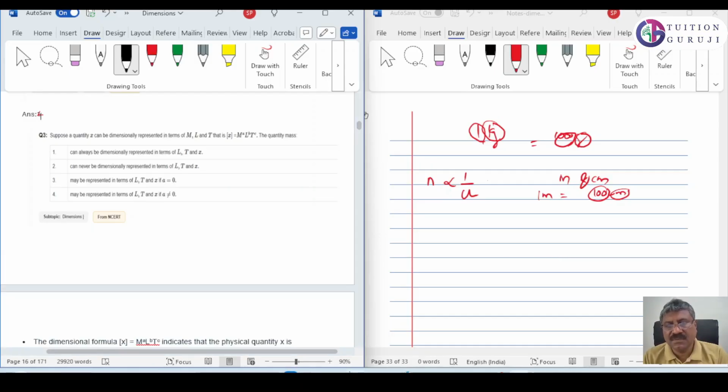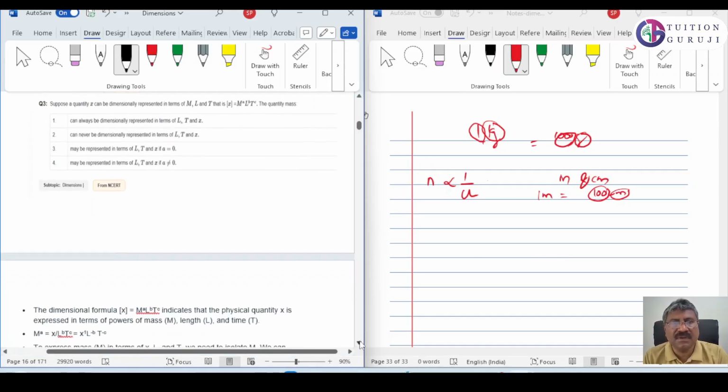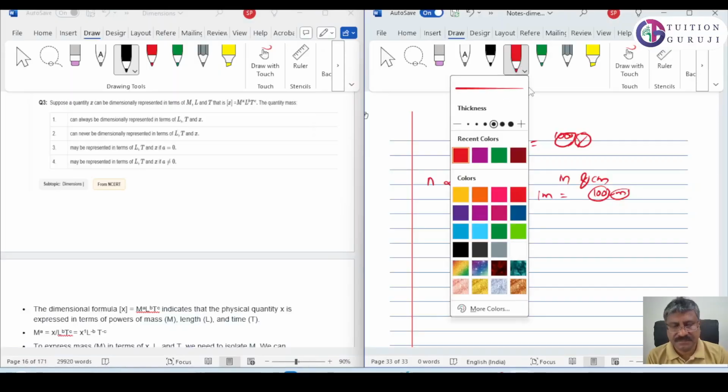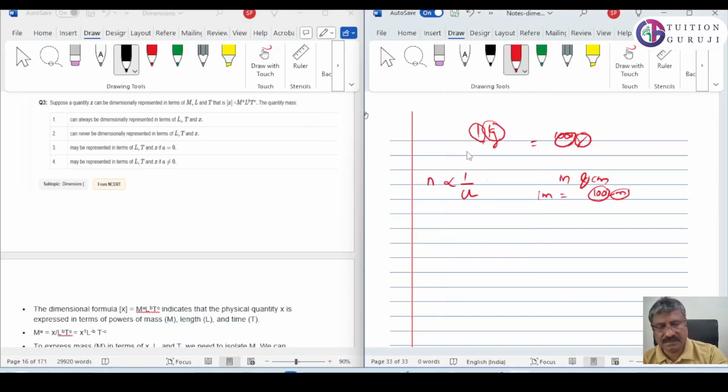Let us see how this problem can be solved. Now, as we know, the dimension of the quantity x is equal to M raised to a, L raised to b, T raised to c. Let us suppose. Okay. Now, if that is the case, then M raised to a can be represented as